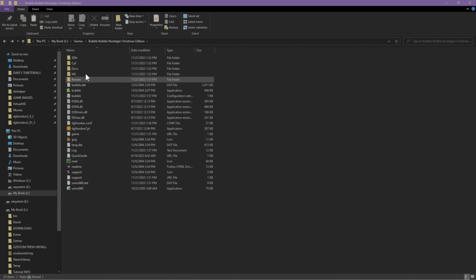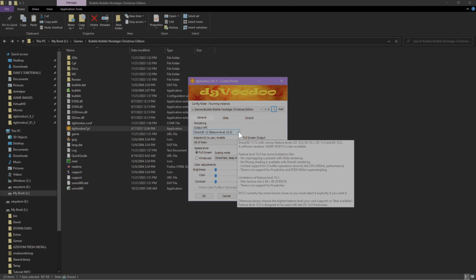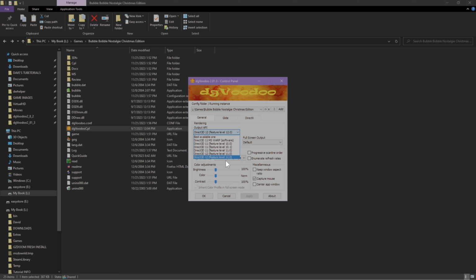Once you've done that, your directory is going to look something like this. Go ahead and launch DG Voodoo. You're going to go ahead and make sure the directory is up here, so you're going to click this. Sometimes it'll default to another location, so you'll want to click this, make sure it's showing the folder where you have the game. Once you've done that, depending on your system, you may or may not need to click on